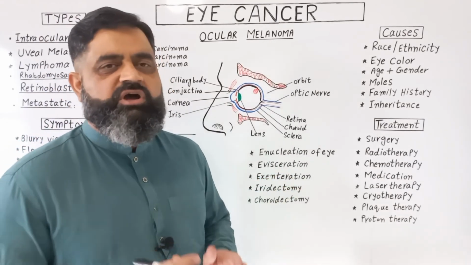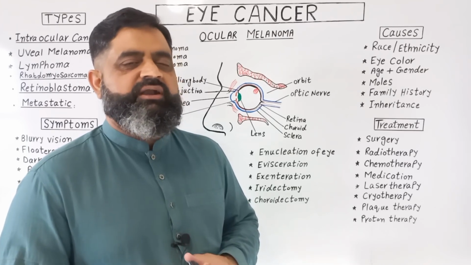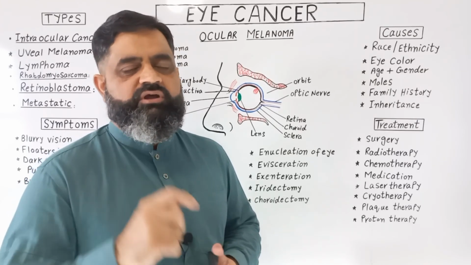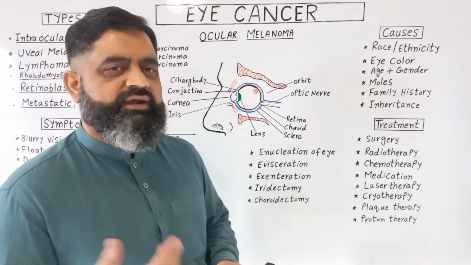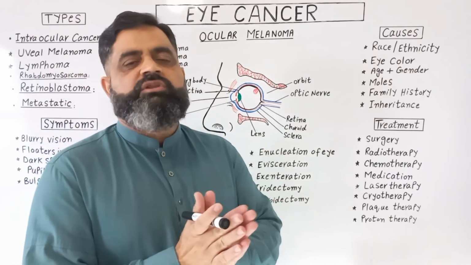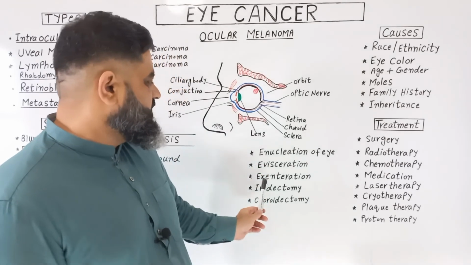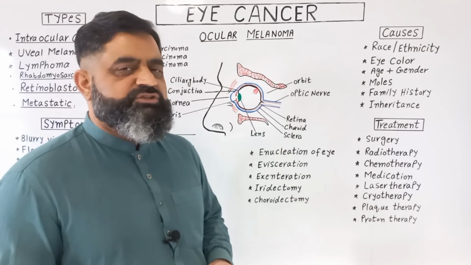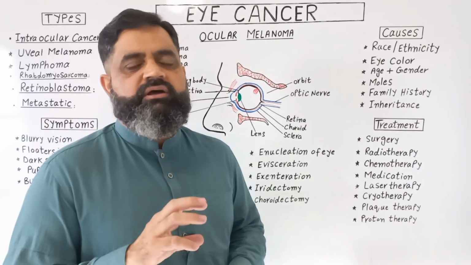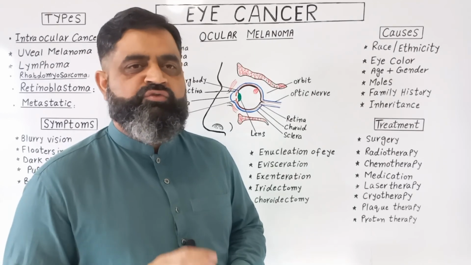Enucleation of the eye, in which sometimes the eyeball has to be removed without removing the eyelids and eyelashes, and then a new artificial eyeball is inserted in place of the old eyeball. Evisceration, in which the contents of the eyeball are removed but the eyeball still remains inside the eye. Exenteration, in which the whole eye, the complete eye, even the eyeball, eyelid, eyelashes, everything has to be removed because the cancer